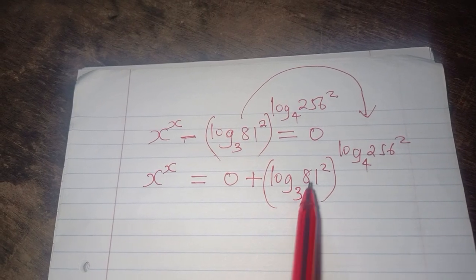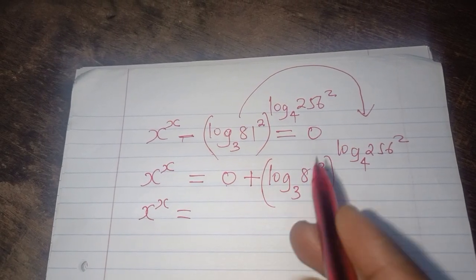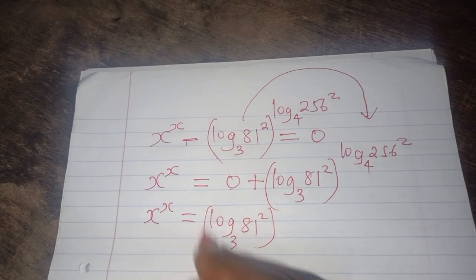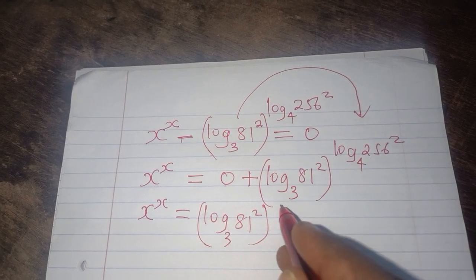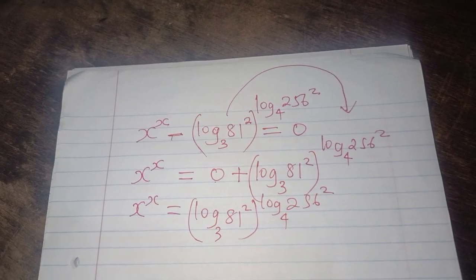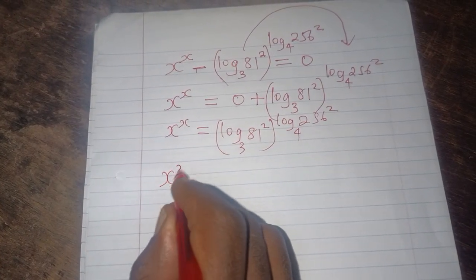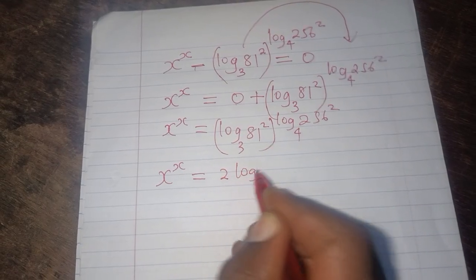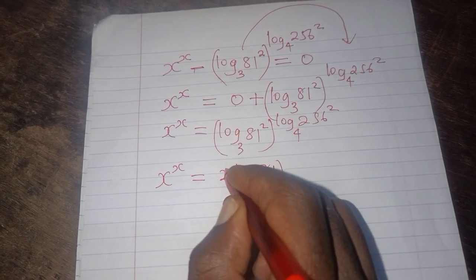Let's try breaking this down, and of course we shall write and say x power x is still equal to, when this is added to this, it will remain the same thing. So the logarithm of 81 squared to base 3, and the whole of this is raised to log 256 squared to base 4. So we shall proceed. We shall still say x to power x is equal to, then we shall drop this power, so we shall have 2 log 81 base 3, then this is raised to